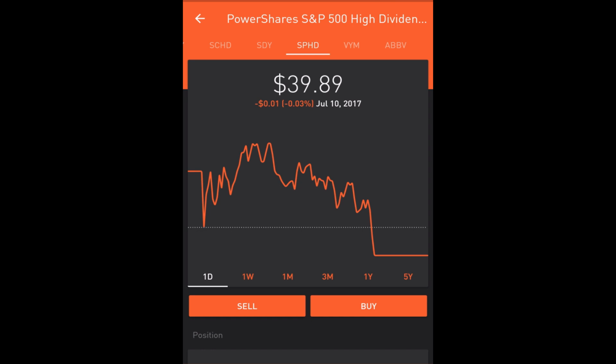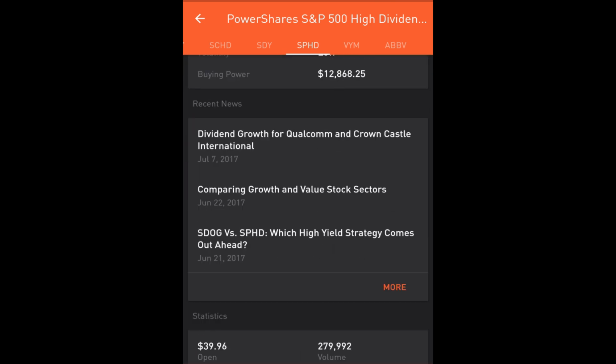Capital gains are always going to be short-term capital gains, and with dividends, you'll never hold the dividend long enough to get the preferred dividend rates as well. So you'll pay more in taxes, and you have to factor that in when considering when to sell off a particular stock. So for example, this stock here, SPHD, if we scroll to the bottom,